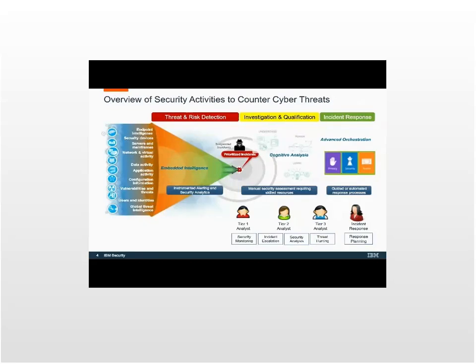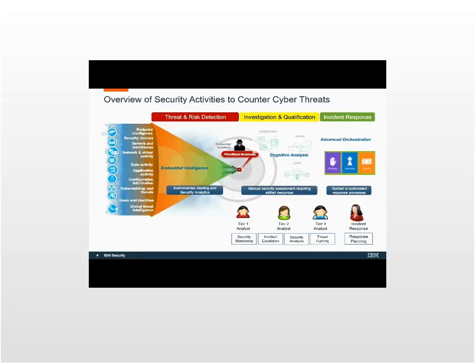Now, in order to do that type of assessment, we have to take a step back and look at the entire life cycle of the cybersecurity operations within our organization. We get lots of information from multiple systems, IT systems, as well as some external sources. You have to take all that information and zero in on what might be anomalous, what might be security incidents to pay attention to. And that's in the threat and risk detection area.